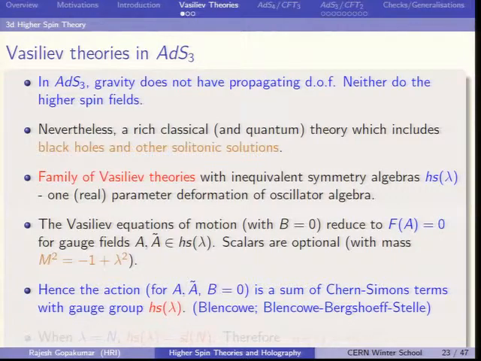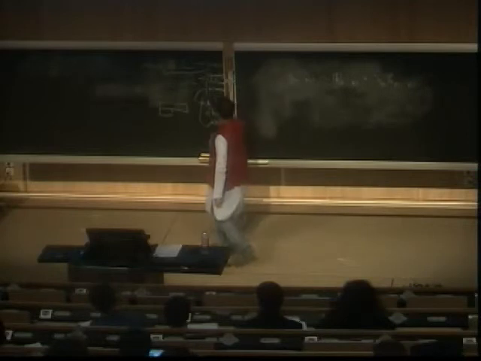And by the way, I should mention the scalars are in some sense optional in this case, unlike in the higher dimensional case, meaning you can have a consistent truncation of the theory without the scalars as well. Though in the case we will be considering, the scalars will be present. In any case, the action for this theory